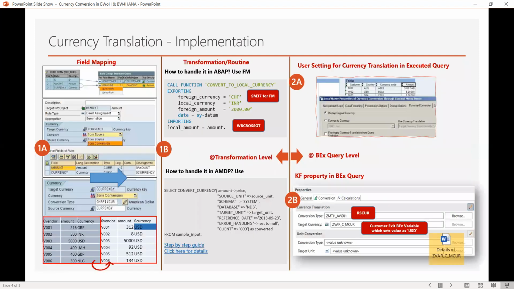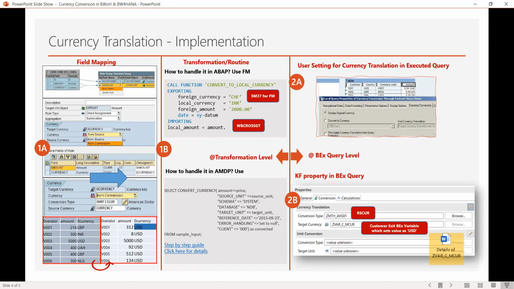If you want to do it at the transformation level, there are two ways. One, you can do it at the field mapping level. When you are defining the transformation, there is a source field and a target field, and in the mapping you will get the option of the conversion type where you can mention that.